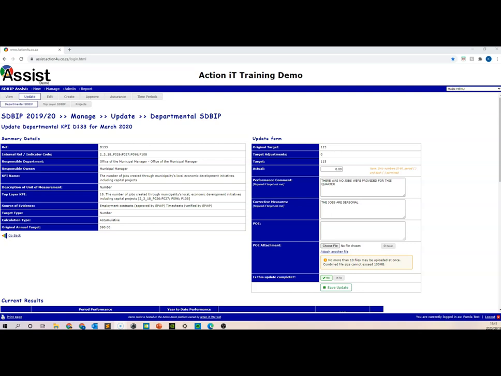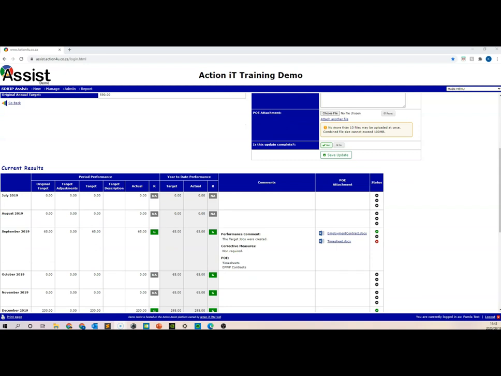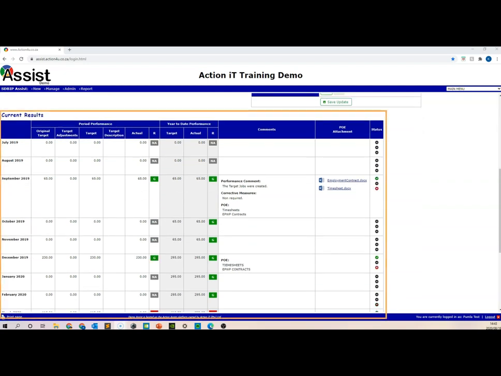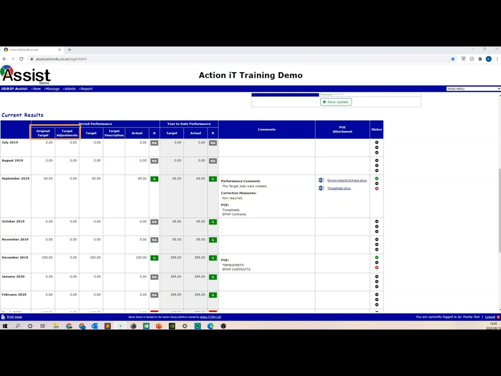Once the user understands the details of the indicator to be updated, the user needs to clarify what has been achieved during the year. This is presented to the user under the current results table that is found on the screen below the KPI details. The current results table presents a monthly overview of the following information: the original and adjusted numeric targets and actuals per month, the results of the monthly performance,